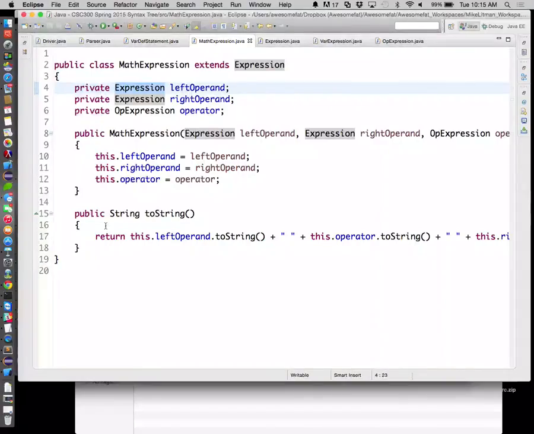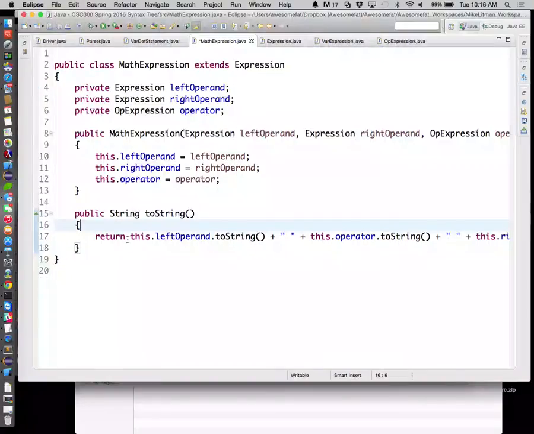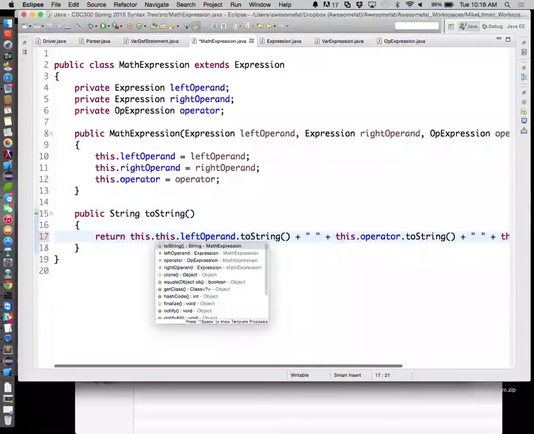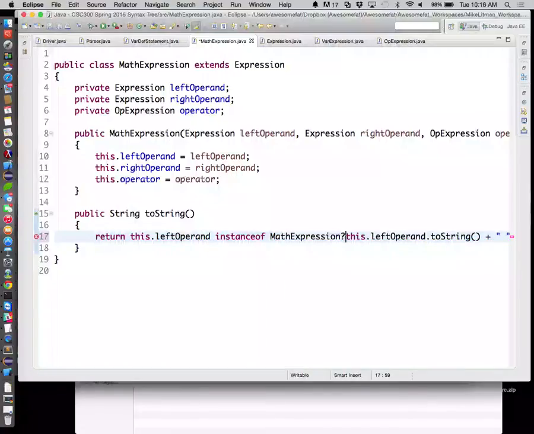We need to be able to ask a question. Okay? So we're going to say, can I do it? This might be a fun way to use this one. So I'm going to say, this dot left operand instance of math expression question mark. If that's the case,